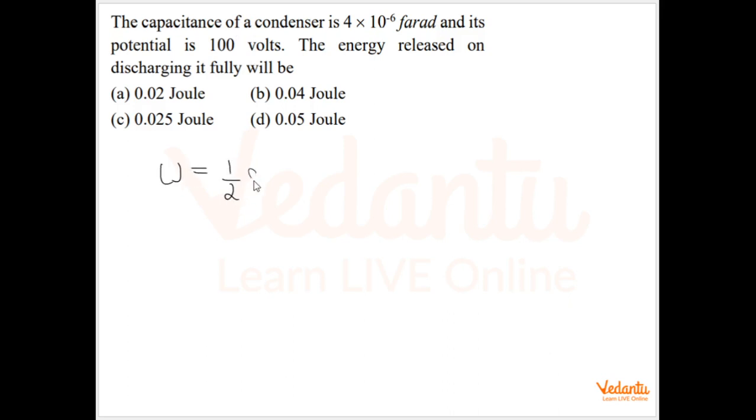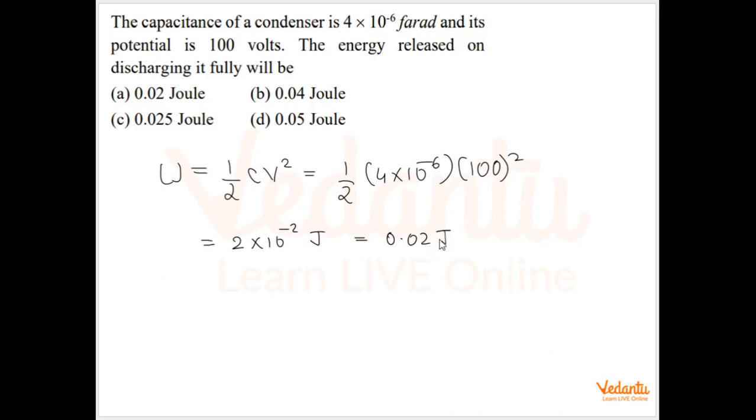That is equal to half CV square. That will be half into 4 into 10 power minus 6 into 100 square. That will come out as, beta, 2 into 10 power minus 2 joules, which is 0.02 joules. Option E will be the correct